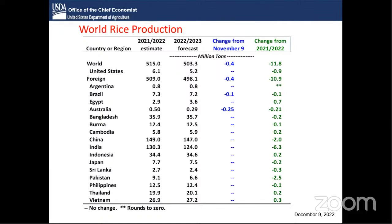And then one region that doesn't show up, but a pretty important reduction that contributes to the overall foreign decline is the EU. Data lowered again, mainly in Spain. And we talked about that over the summer, drought conditions there, and that would be their lowest output since